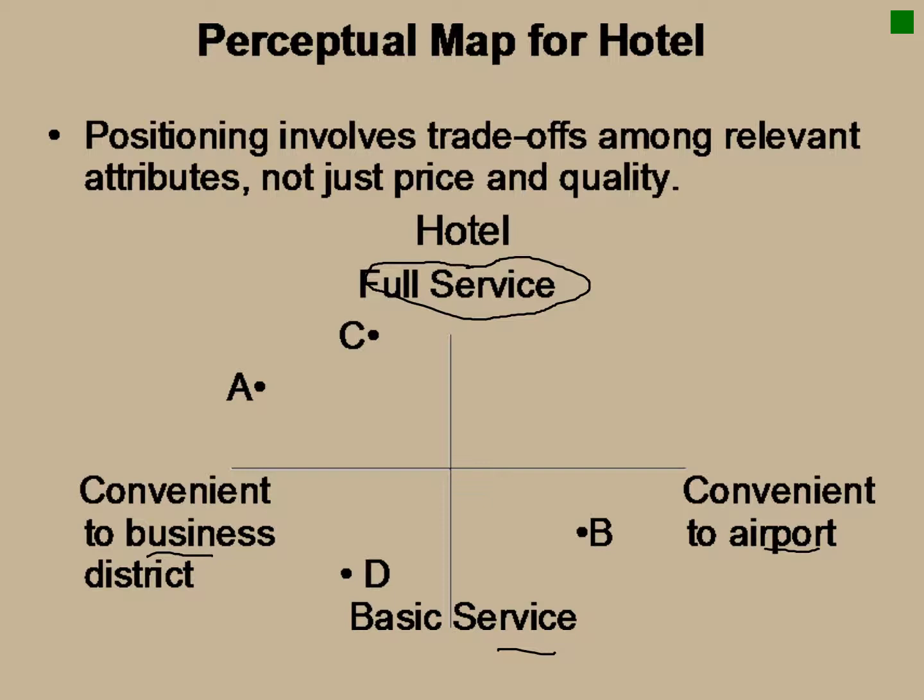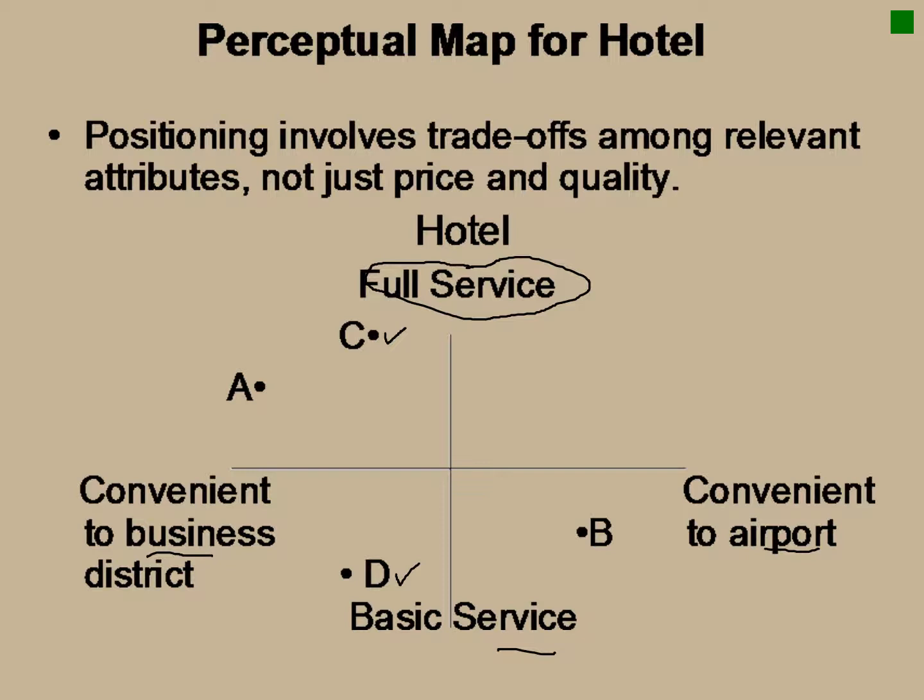D is probably located close to C, but the level of service they offer is very low. It's probably a lower priced type of location, and C is probably a higher priced type of location. And then we have B, which is a basic service offer,